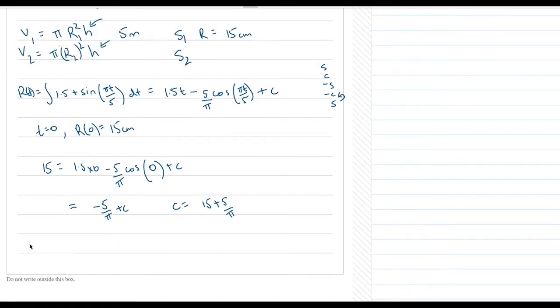Alright, so our function is going to be (1.5t − 5cos(πt/5))/π + 15 + 5/π. And we want to find that at time t. So r(10) is going to be